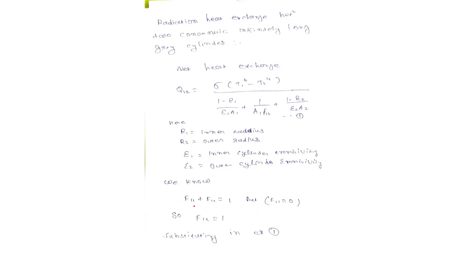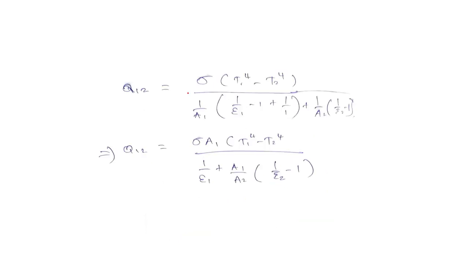And for shape factor, as the inner surface is convex, heat transferred from the inner surface to the outer surface, F12, is always equal to 1, but heat transferred from the surface to itself is always 0, so we put F11 equal to 0, so we get F12 is equal to 1. So substituting this in equation number 1, we get